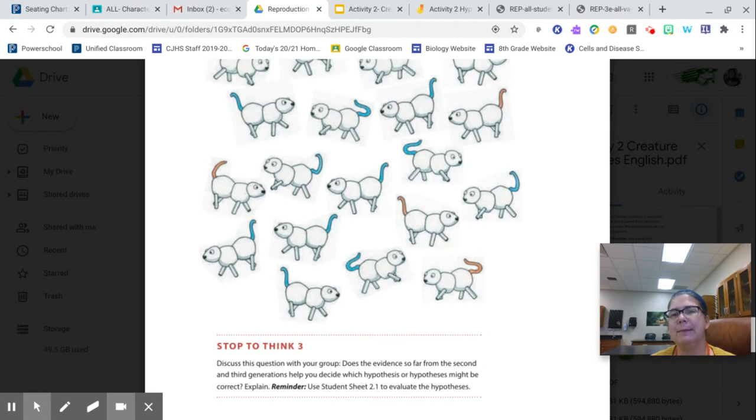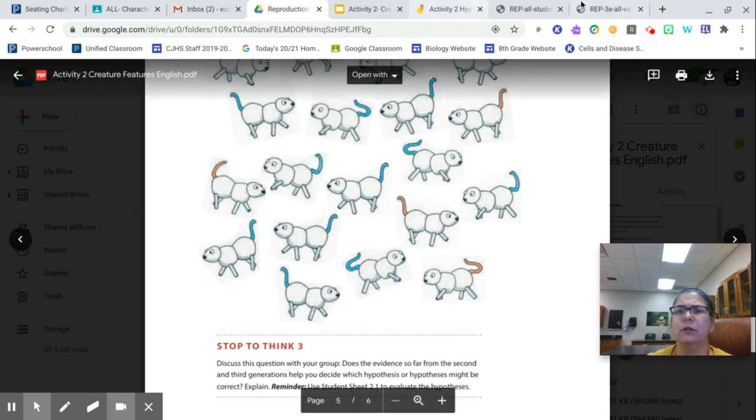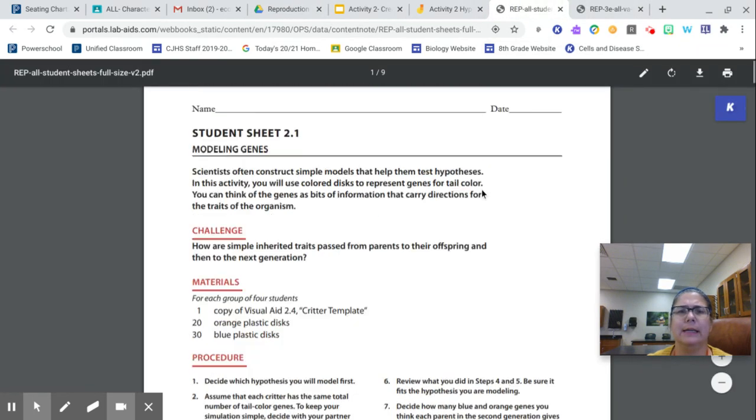Okay, so last time it was almost all blue, maybe 1 orange here and there. But now we are about 1/4 orange. We're still more blue, about 3/4 blue, but now we have a little bit more orange, 1/4 orange. So does the evidence so far from the second and third generation help you decide which hypothesis or hypotheses might be correct? Explain. It says to use student sheet 2.1 to evaluate